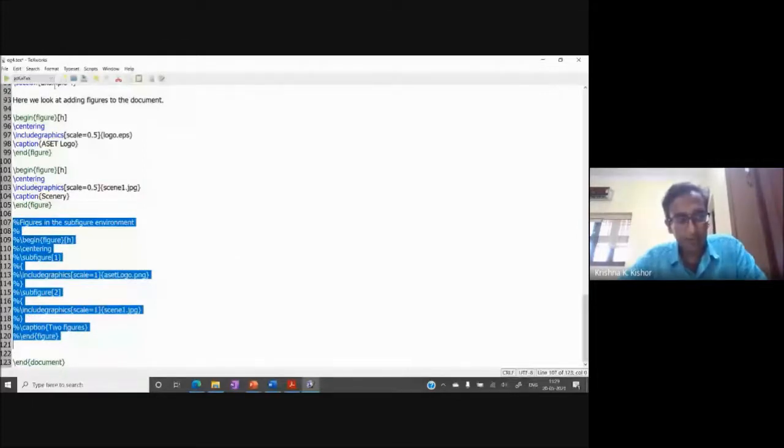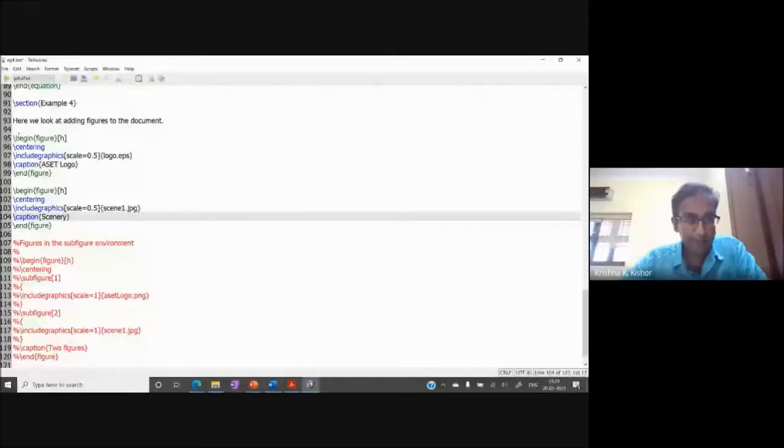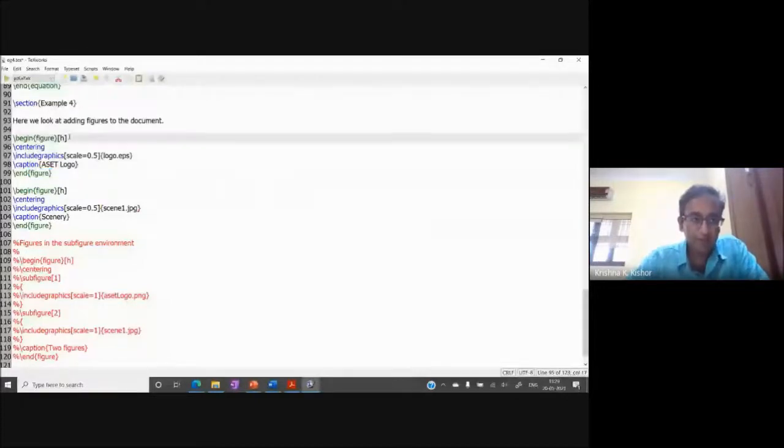The first thing you want to do when you're adding a figure is call the begin figure environment, right? So there's a begin figure and there is the end figure, right? And this is, again, a square bracket, so it's optional, right? There are 3 options here. I just put one option. I'm not going to go into much detail about this. There are 3 options called HTP.